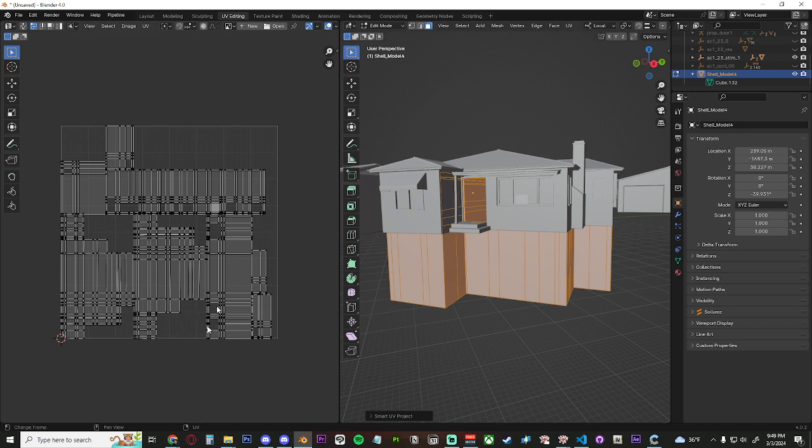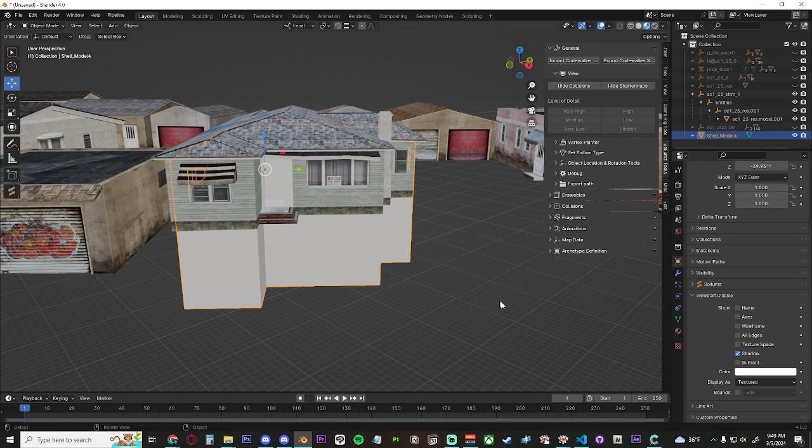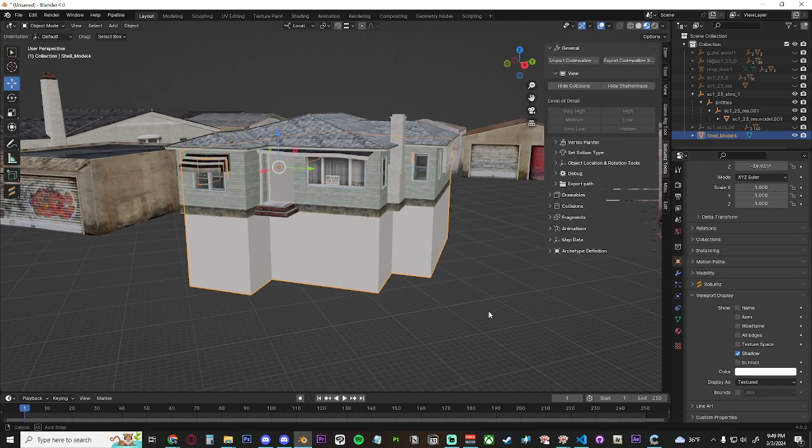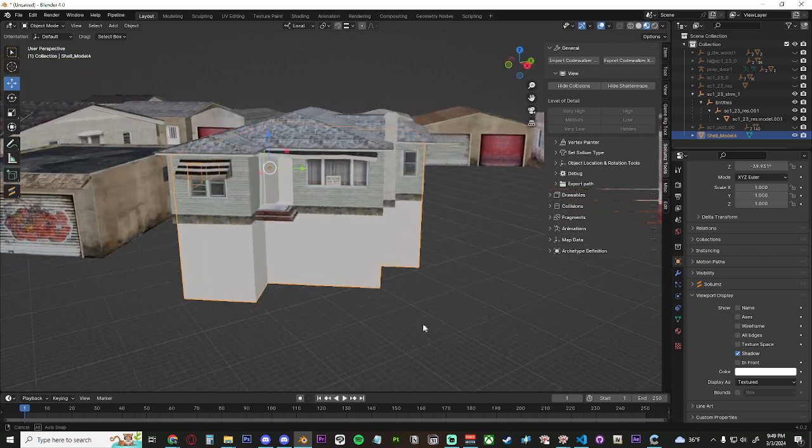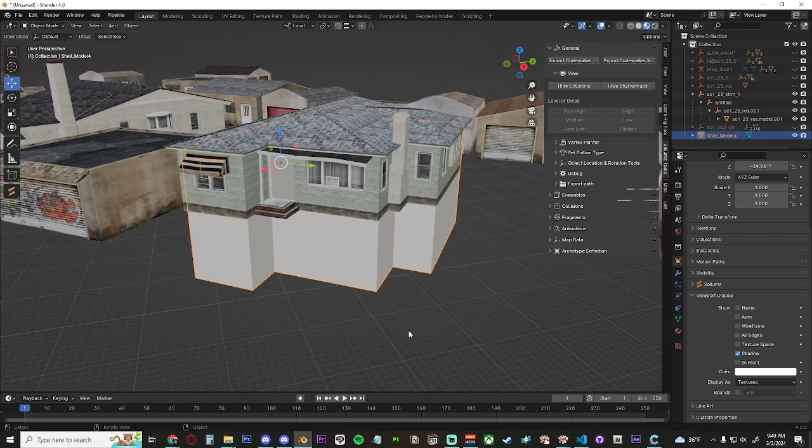And we're not really worrying too much about this because it's just going to be a solid color. But it still has to be unwrapped. So we're not going to worry about this anymore. We're going to go back to layout. And I'm going to need a solid color DDS. So what I'm going to do